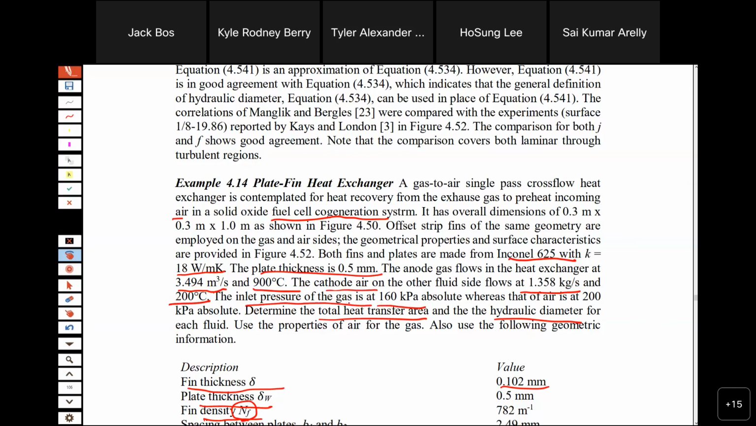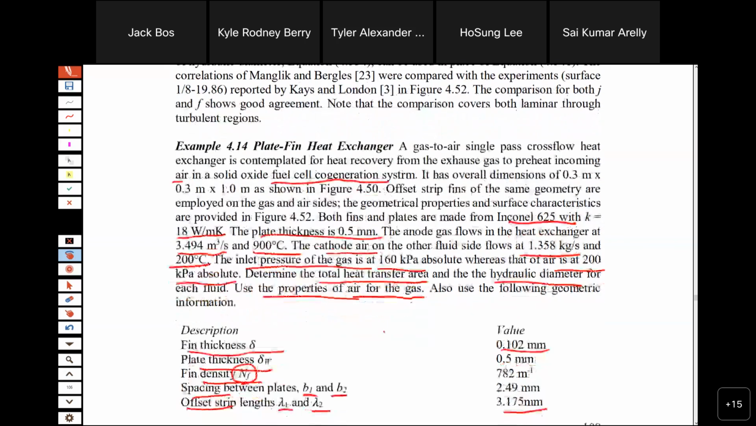Then inlet pressure for gas is 160 kPa. Air is 200 kPa inlet. Okay, actually we can calculate the pressure drop. And the property of air for gas can be used. Okay, gas is very close to air. It's a little different, but